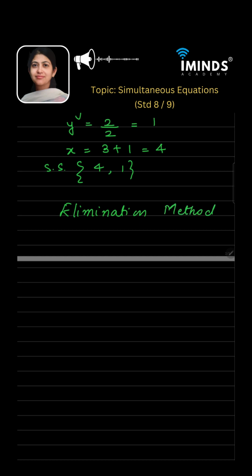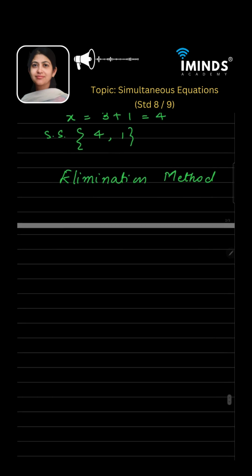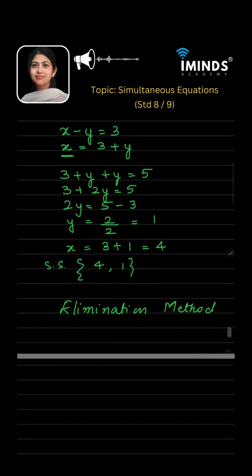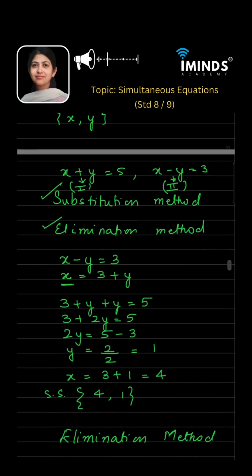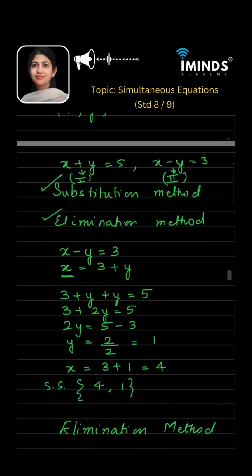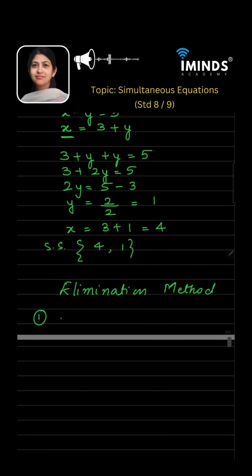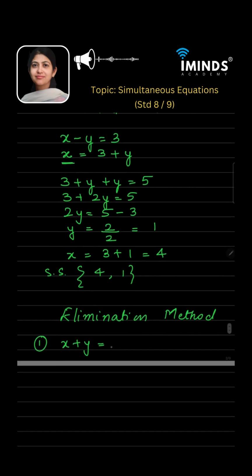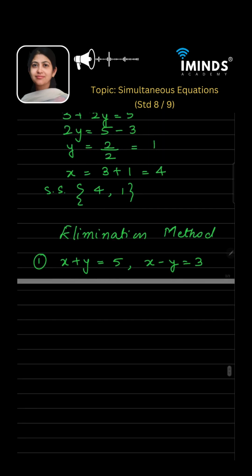So now in the elimination method, what we have to do is we have to eliminate one variable so that we can find out the value of the other. Now chalo, what we will do is we will take the same example. यही वाला sum वापस लेते हैं. x plus y is equal to 5 and x minus y is equal to 3. ये equation, ये हमारा question था first वाले का. Same we are doing now with the elimination method.